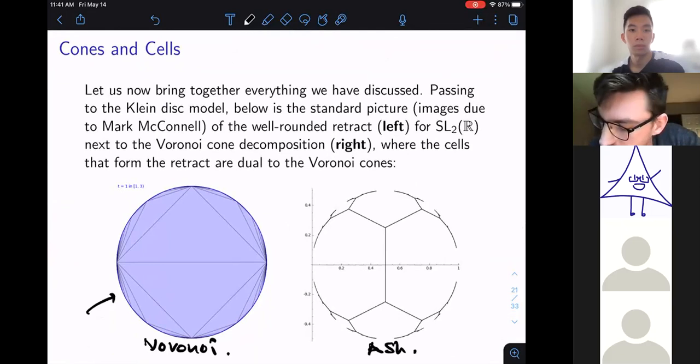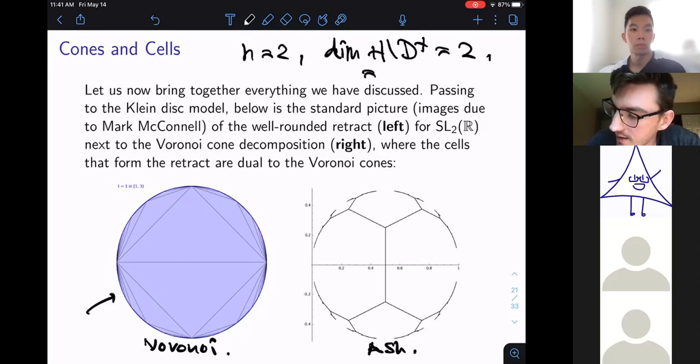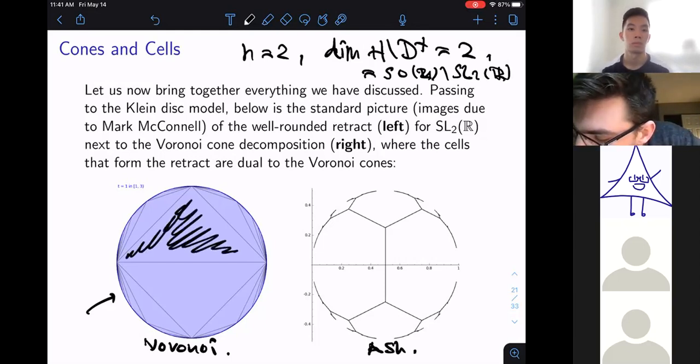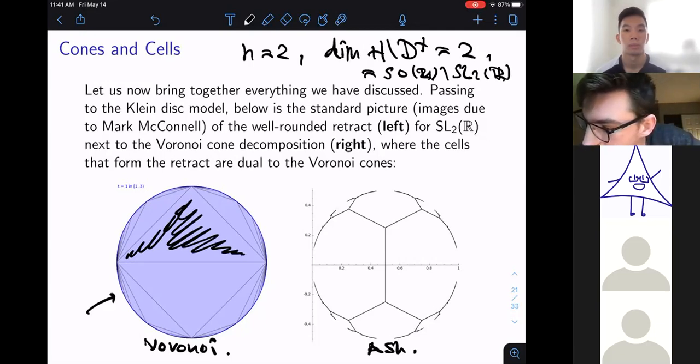Well, this is the upper half. So this is the case n equals 2. So remember we said the dimension of D plus mod homotheties is 2. And so this is a disk. And it's identified with SL2 mod SO2R. And so these are the Voronoi cones. So these are the faces that give the decomposition of this symmetric space into this locally finite union. On the other side, and you see now, which is sort of dual to this picture, is if